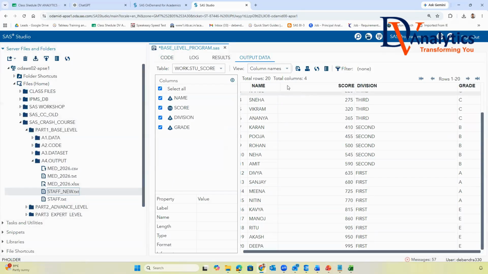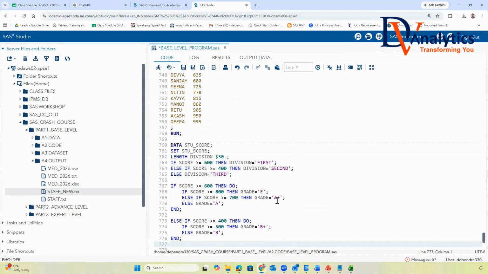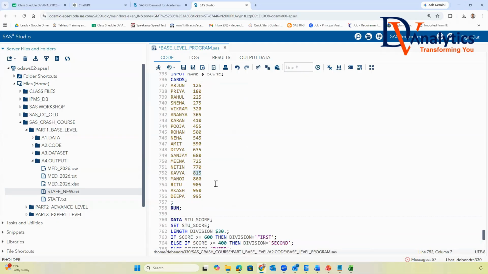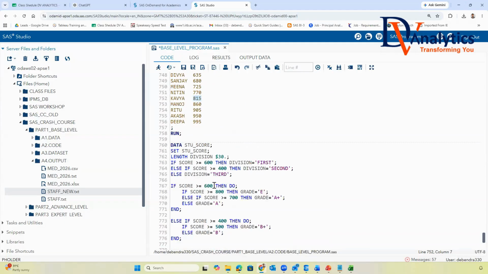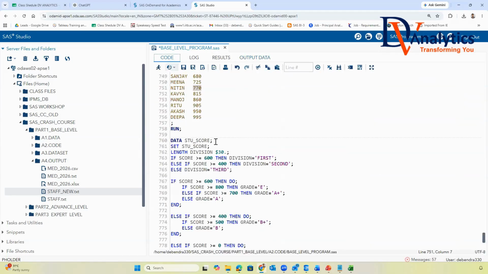So this is how we go for writing the program. It is saying A plus. I see something strange happened here. For example, this student, which is greater than 800, is 800, fine. If it is 700, it should be A plus. What is the output for Nitin coming, guys? It's coming A, which is wrong.